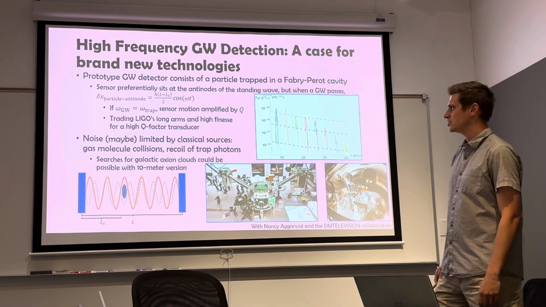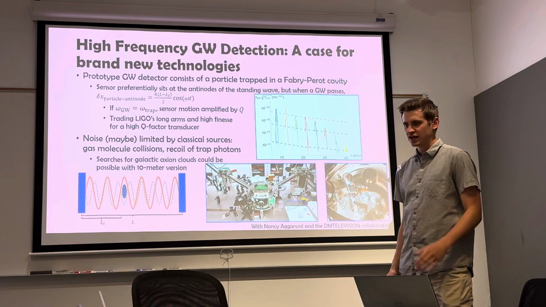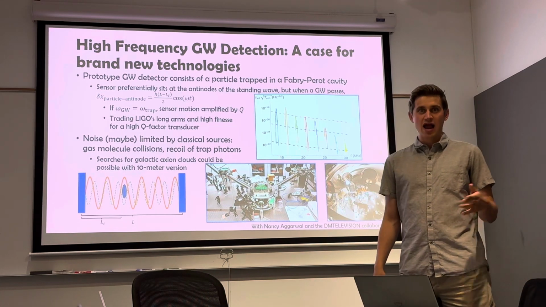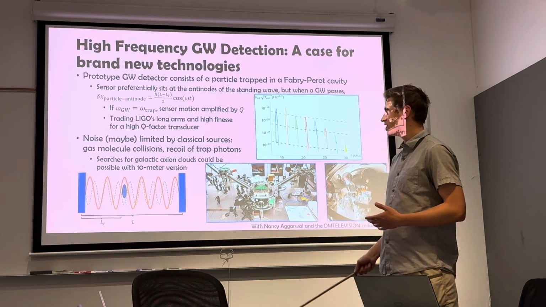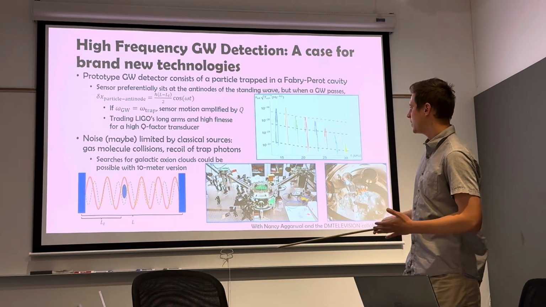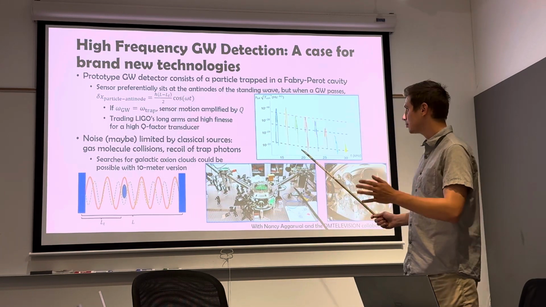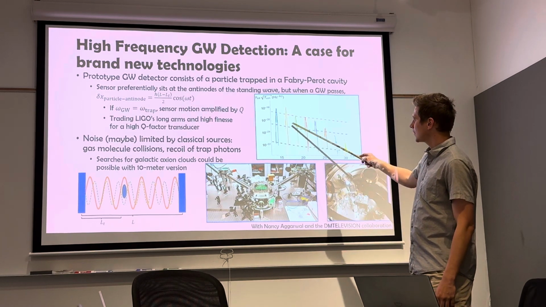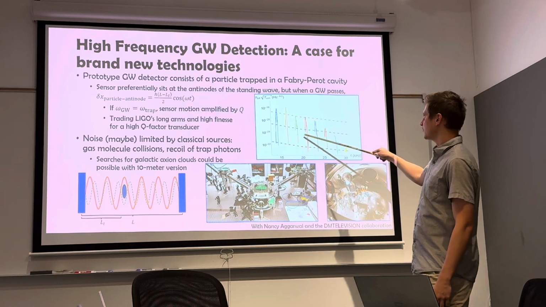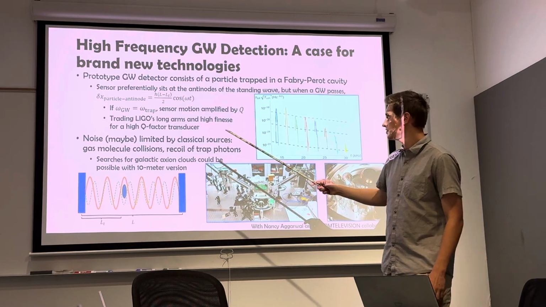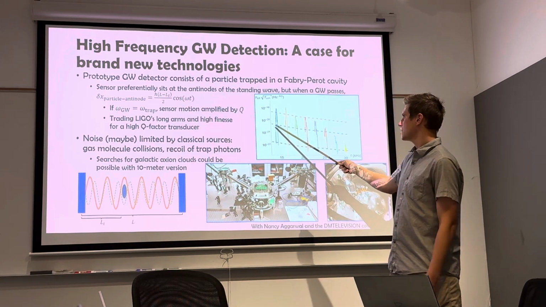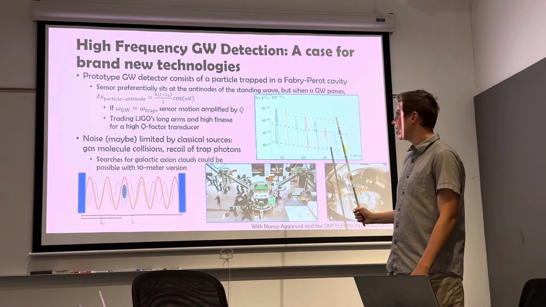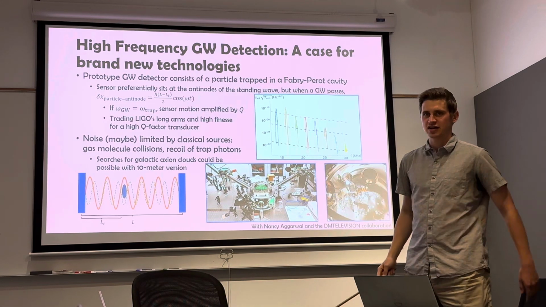In fact, a student in our group recently did a study on whether these gravitational waves from axions could be detectable with this sort of setup, and found that once we expand this 1 meter prototype to a 10 meter prototype, the axion signals, which are all these different color curves, as a function of the axion mass, can actually get higher than the predicted sensitivity, which are these dashed curves. The blue is the 10 meter version,